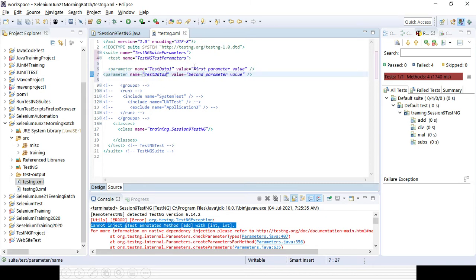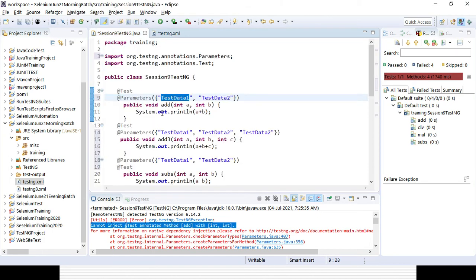And for the first one I can give the value, suppose say 20, and for the second one I can give the value as say 5. I can give the value that way, right. In case it's string or integer, it does not matter, you have to give everything in double quotes, name and value. So I have given 2 values.